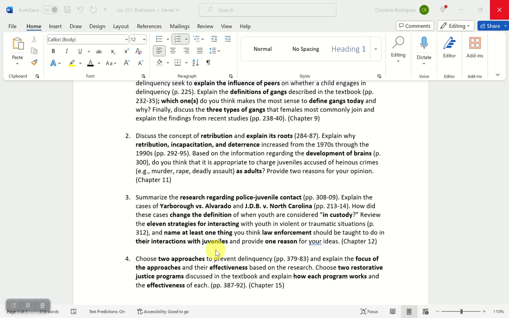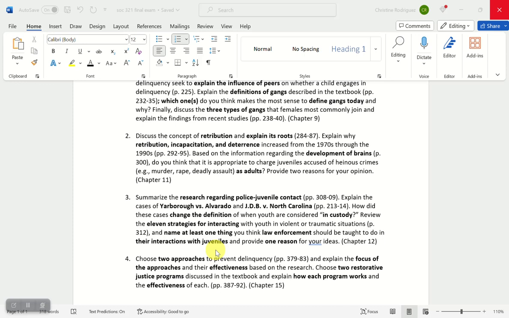We know that for adults, if you're a criminal justice major, you know that people are considered to be in custody when they're not able to leave. So what I always tell my students in criminal justice classes is, if you are ever approached by an officer who says, hey, can I talk to you for a minute? You can simply ask, am I in custody? If the answer is no, then you're free to say, no, I don't want to talk to you. If the answer is yes, then of course you are being detained, which then triggers your right to be read